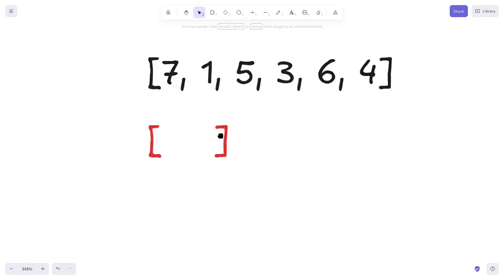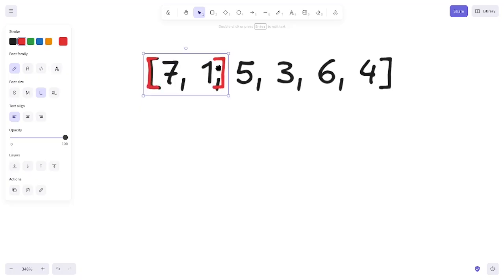So the while loop will stop. But for this case, we are modifying the while loop statement to use a sliding window technique. So the sliding window will highlight two numbers at a time, and then as the for loop traverses over the prices array, it will be like this: 1 with 5, 5 with 3, 3 with 6, and finally 6